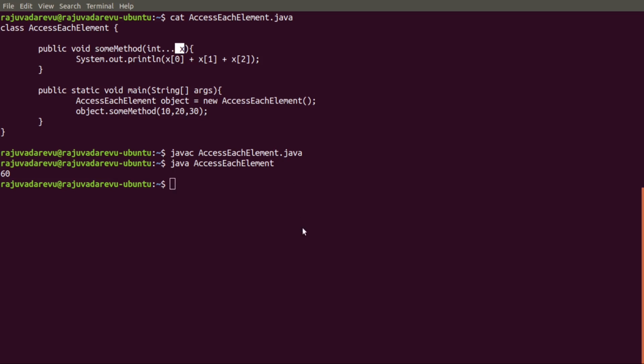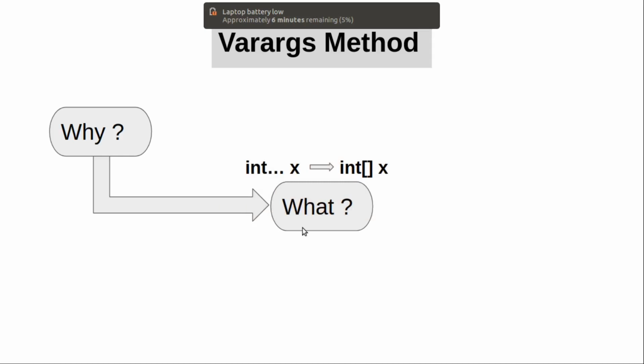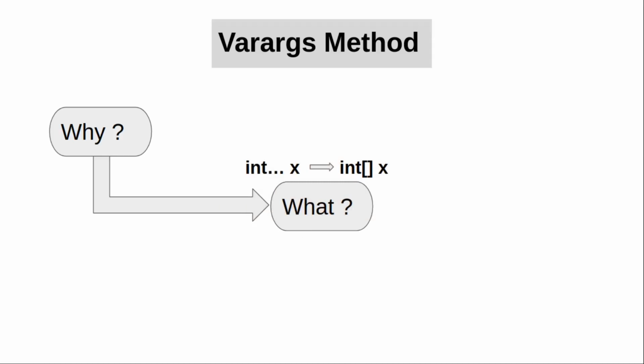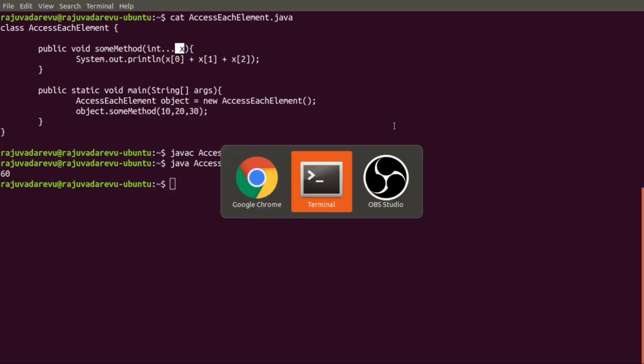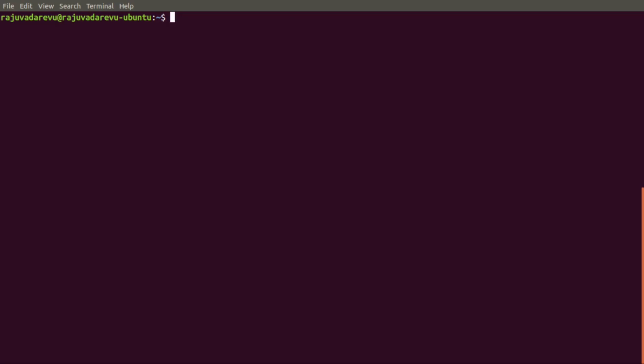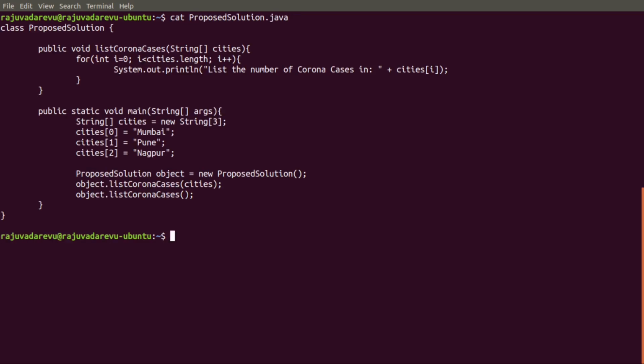Okay, so this was all about what is a varargs method. Now since you have understood how to use and implement the varargs method concept, let's see how to solve the Corona use case problem with the help of this varargs concept. So let me go into the terminal. Let me clear the screen. So let me show you the current status of our Corona use case problem. So this is the solution which we have provided as of now,